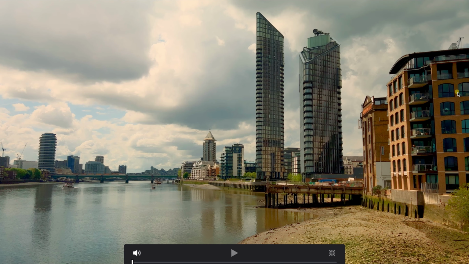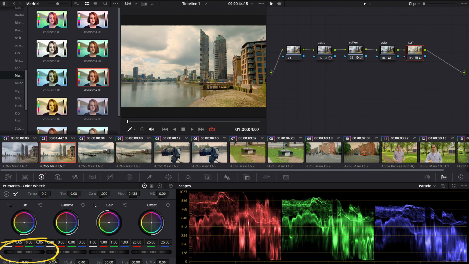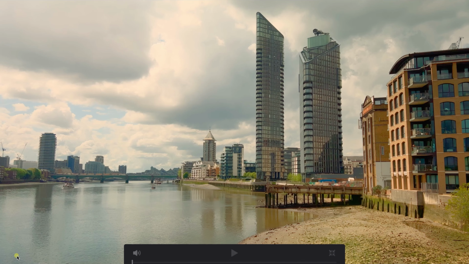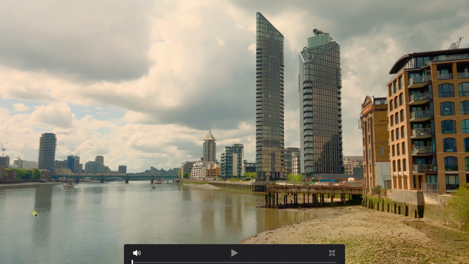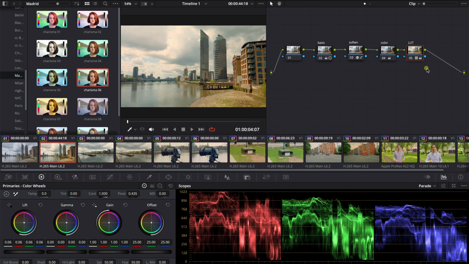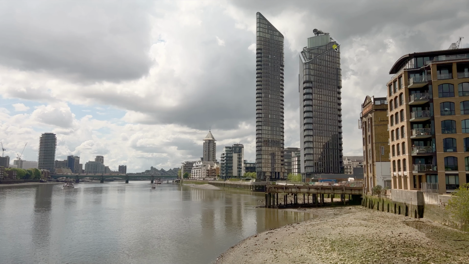So that's the look. You can go from this to this, and then obviously you can decide whether you want your shadows to be above 0 or not. That's then a creative decision. So you can go from something like that to like that. So again, the lookup table is a creative choice, but that is beginning to look much better than this. In my opinion, that looks really nice.